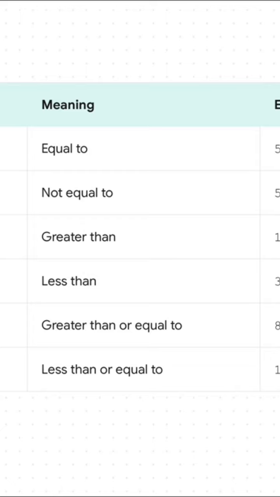And here's the whole crew. You've probably seen these symbols in math class. The double equal sign is the important one. It asks, are these two things exactly the same,